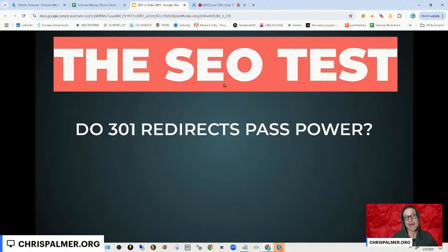How about, do they pass power though? Because again, there was word on the interwebs that they don't pass power. Not only could they potentially pass a penalty, but they also don't pass power. The second part is true. Definitely over the course of time, 301 redirecting one to one, from home to home, is dead in the water.